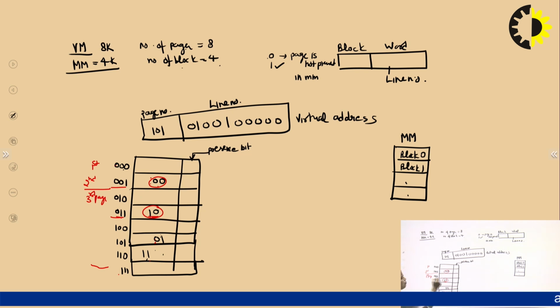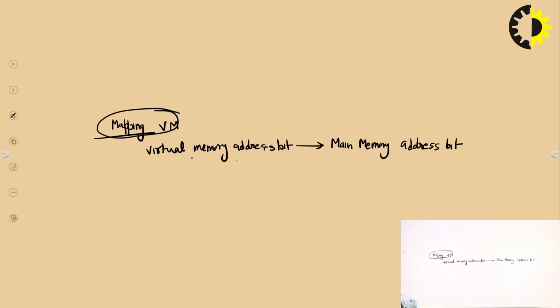And now, the presence bit, because this second page is stored in the 0th block and the fourth page is stored in the second block, it means these have true values for the presence bit, and all other pages are not stored in the main memory. That's why the presence bit for the other pages is 0, or a false value. Now,